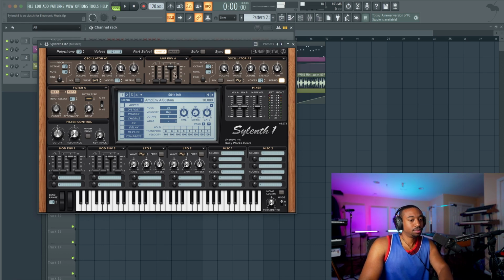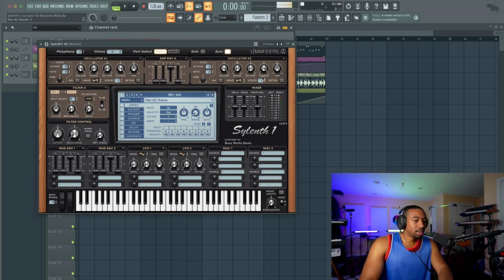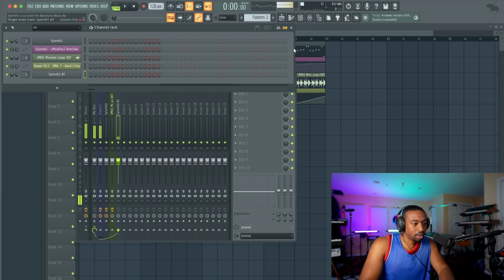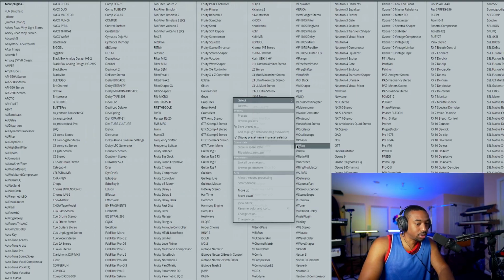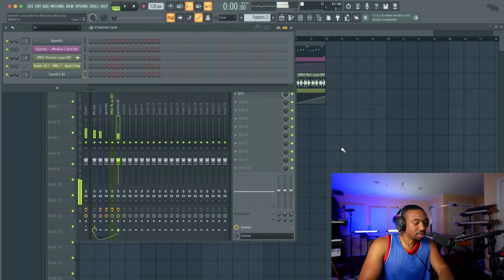Okay, now here we can get really into the weeds, but let's use a sine wave and then a sine wave. We're gonna make like a pulse wave lead. We're gonna offset with the phase to use what's called pulse wave modulation here. And let's add mono legato and add a ton of delay and reverb. Let's compress this sound here. Let's hit Control L. We're going to send this to the mixer and then add that OTT for that final EDM type of touch. Then we can pull back some of the reverb.